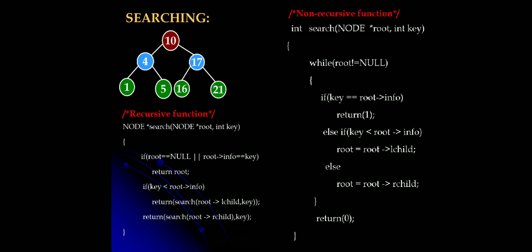Coming to the searching. Here in this slide you are seeing both the non-recursive and recursive function to perform a search operation. What you have to remember is, any operation you perform on the binary tree will start with the root node. Coming first to the non-recursive function, the return type of the function is int, the name of the function is search, and it receives two arguments, that is node star root and int key, the address of the root node and the key element to be searched